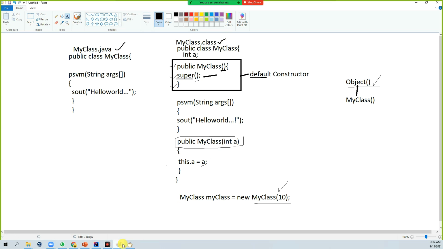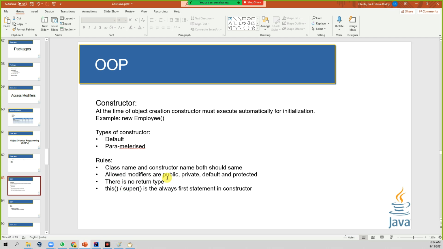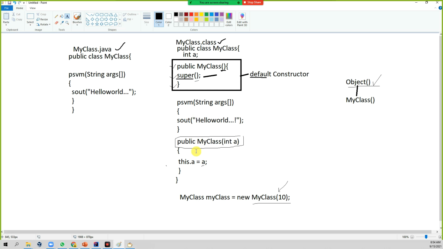The second rule is allowed modifiers. Here the allowed modifiers for this are public, private, default, and protected. Only these access modifiers can be applied. We have different kinds of modifiers other than access modifiers, and none of them can be applied here. If you see this method, it has static, void, public.